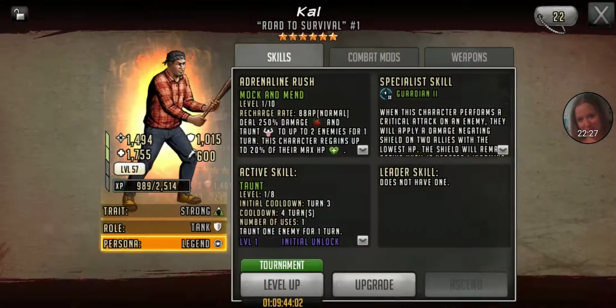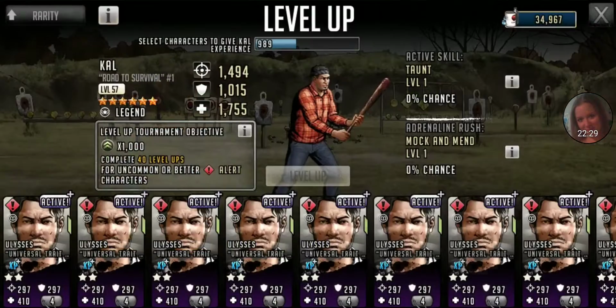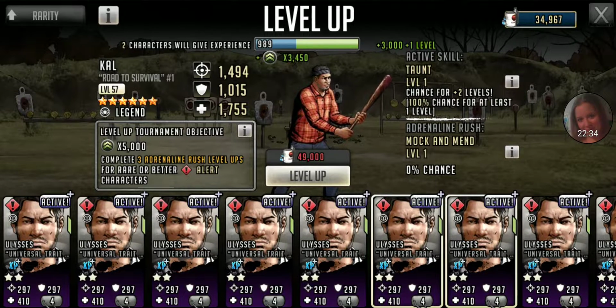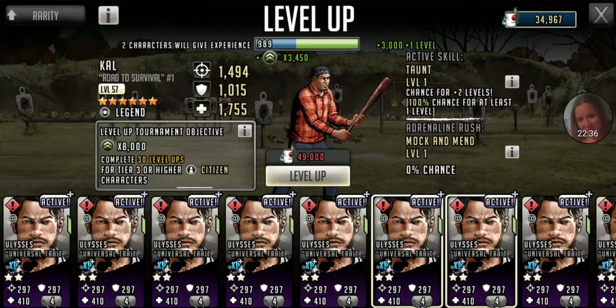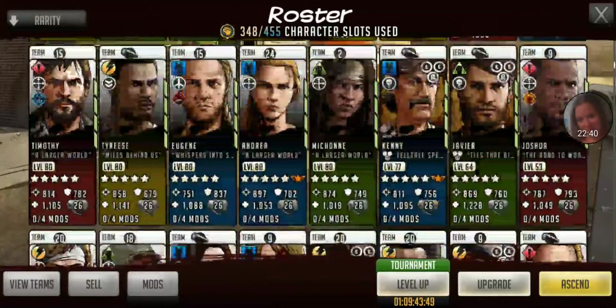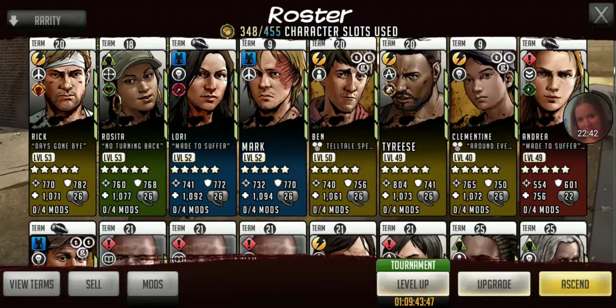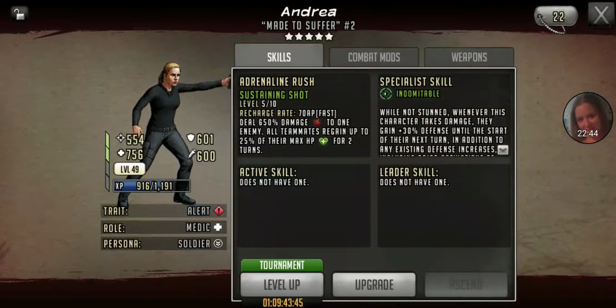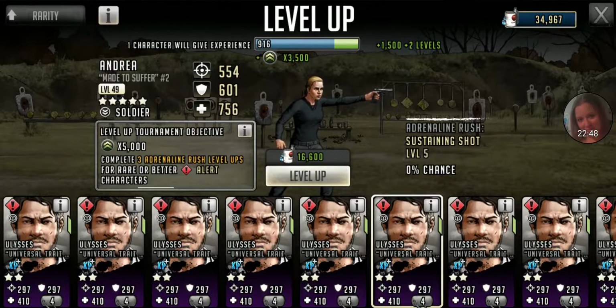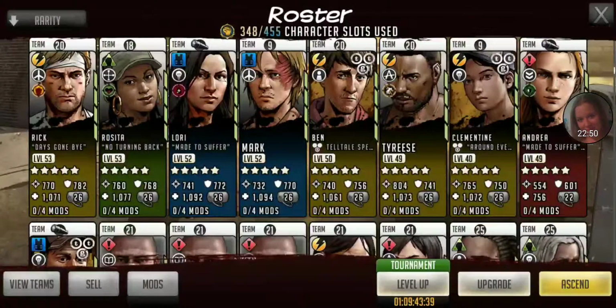Then I can show you tier 2. So one level here is 3,450. So it's definitely way, way lower. Now, if you compare that to a 5 star at tier 3 and tier 2, I don't have a tier 3 right now, but say here, it's 1,250. So it really is